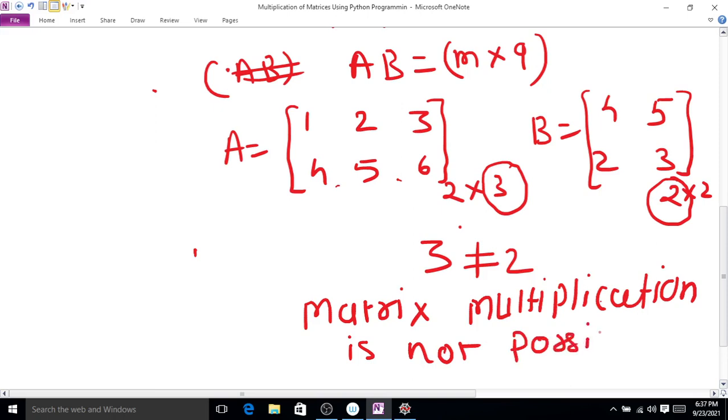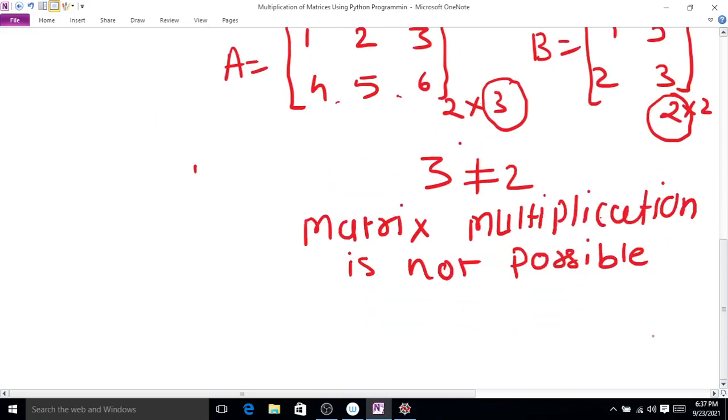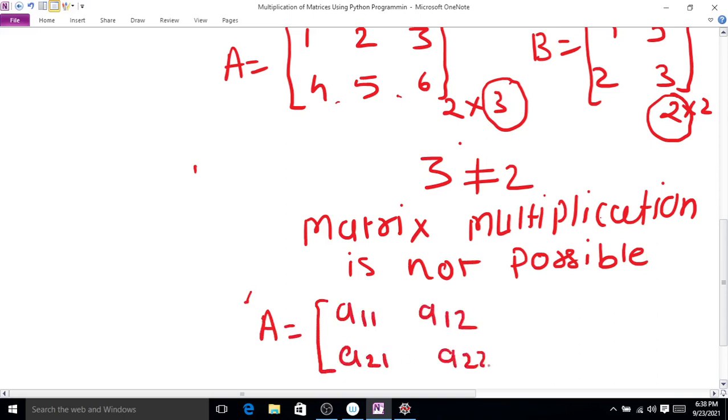So now, in general, suppose A is any given matrix, say A11, A12, A21, A22, and B is the matrix B11, B12, B21, B22.